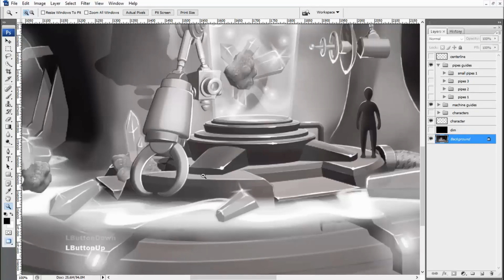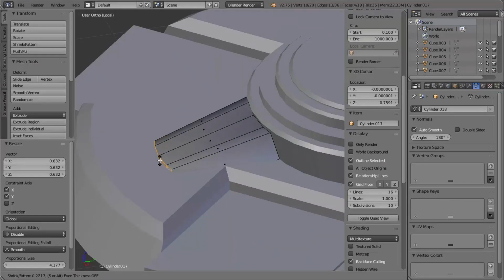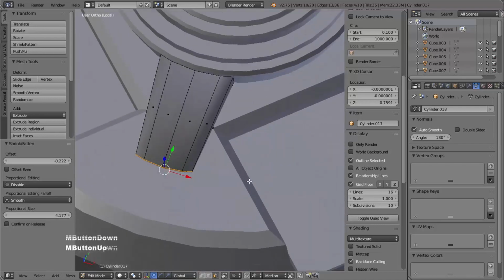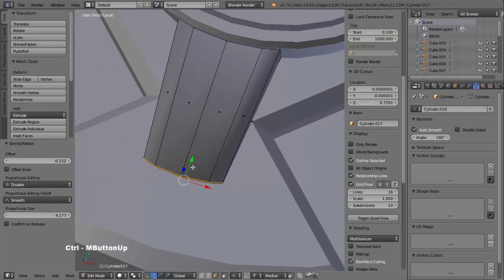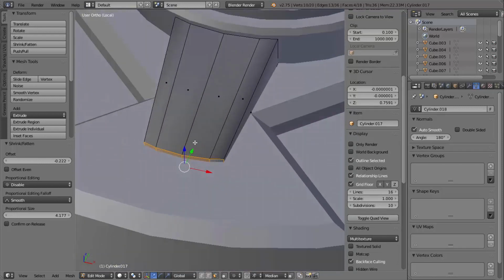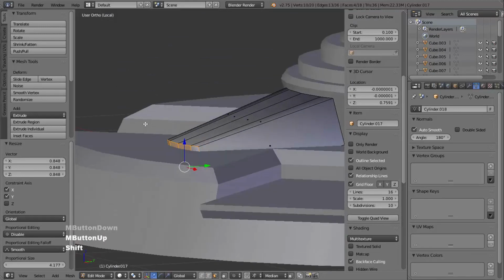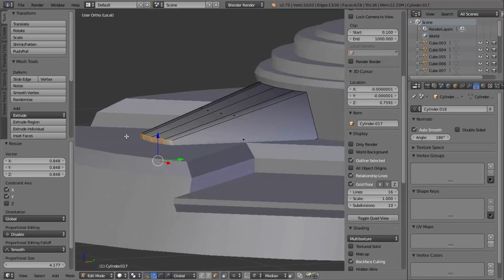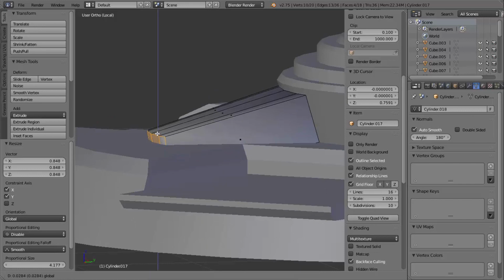And looking back at the concept, I think these come out a bit further than what I've got now. So I want to press Alt S to bring them out a bit further, something like that. And if they encroach too far onto that corner, I think it's a little bit too close, I'm just going to scale that back down in the same way. So I'm going to press S and then Shift Z and just bring those in, something like that. And now because I've pulled it down even further, I don't think it's really high enough there, so I'm just going to pull that up a little bit,